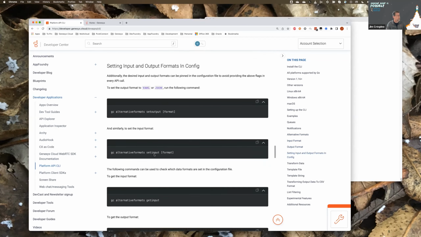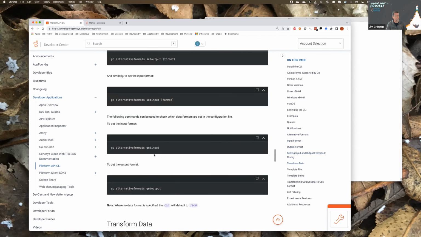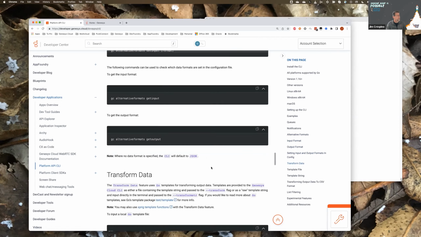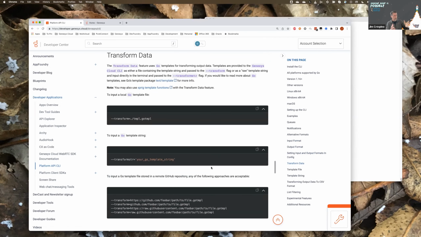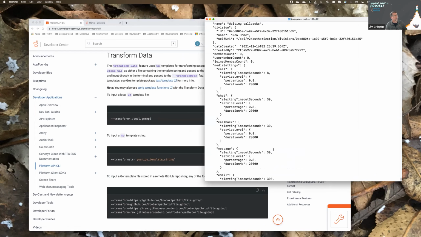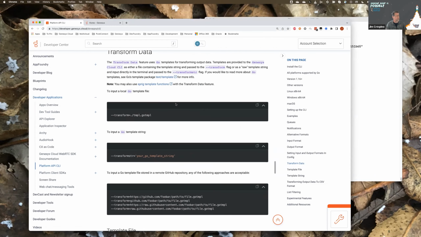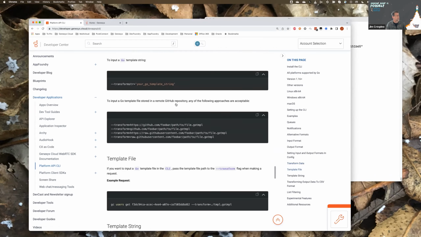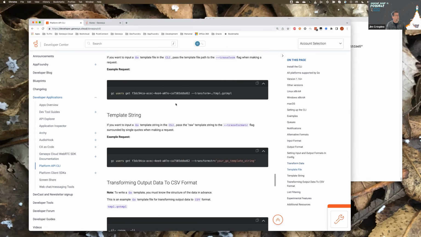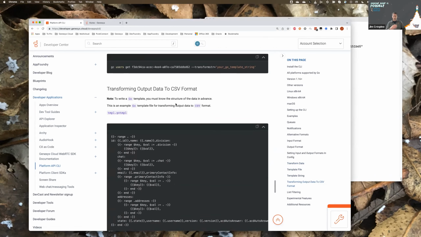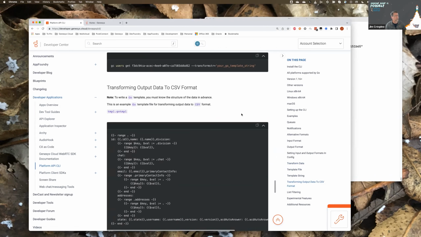You can also take the output. The output can come out in a couple of different ways. Let's see, they talk about transforming it here. So transforming data. You're going to get output, obviously, and you saw in my screenshot, my request for queues came out as JSON, which is convenient in certain cases, but you might want it in different formats. So you can set up how to format that data in template files. You could format it to a CSV file so that you can bring it into Excel, etc. It's a very powerful set of tools.